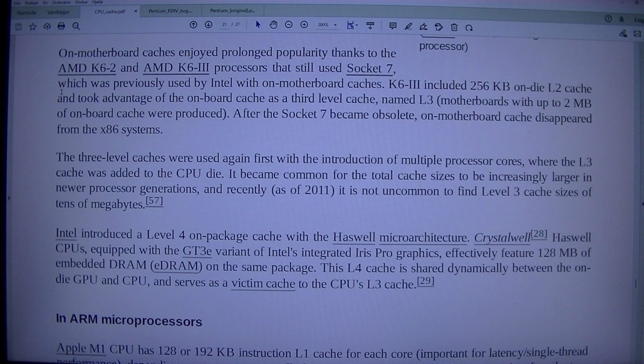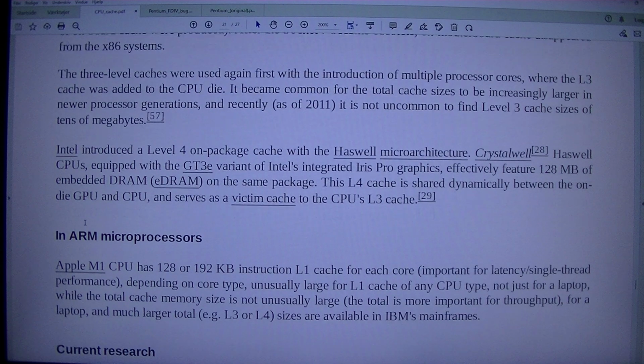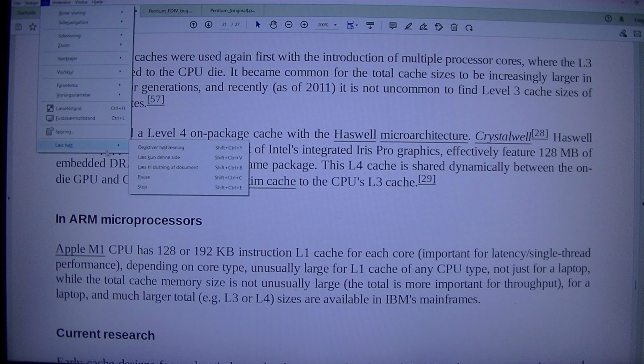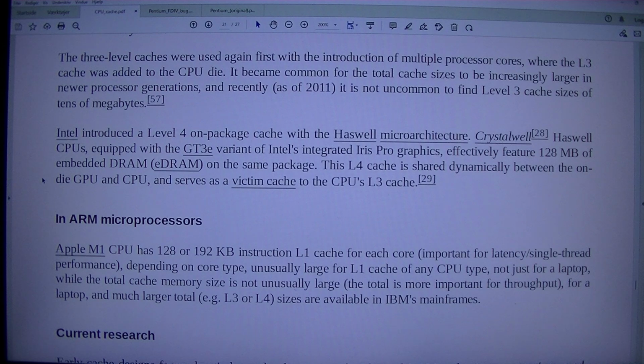After the Socket 7 became obsolete, on-motherboard cache disappeared from the x86 systems. The three-level caches were used again first with the introduction of multiple processor cores, where the L3 cache was added to the CPU die. It became common for the total cache sizes